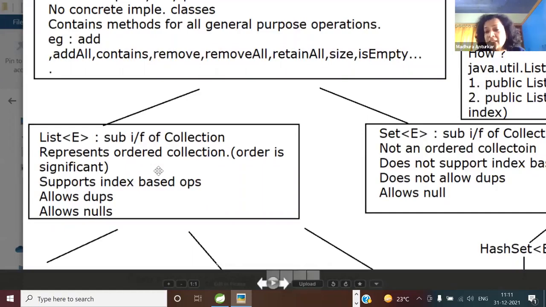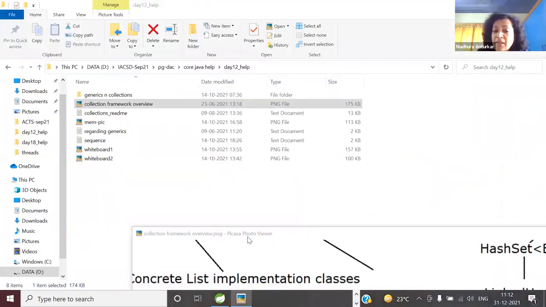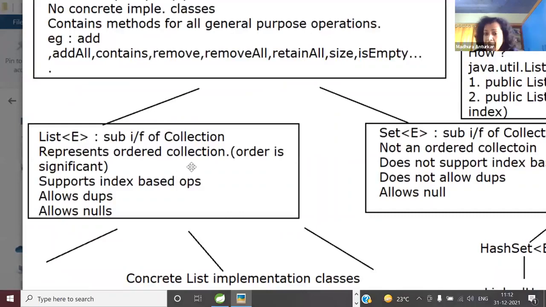So now let me start asking you questions. Already there are answers here. Is it an ordered collection or unordered collection? Ordered or unordered? It's an ordered collection. What is the meaning of the statement? Does it remember the order of insertion? 100% yes. If you add the elements in the list, and then if you attach an iterator and try to display the elements, it will remember the order of insertion.